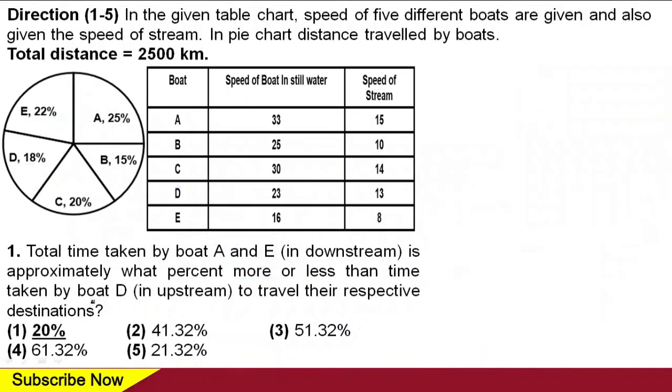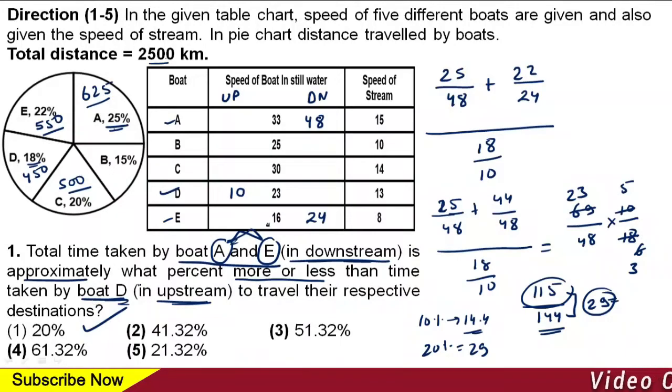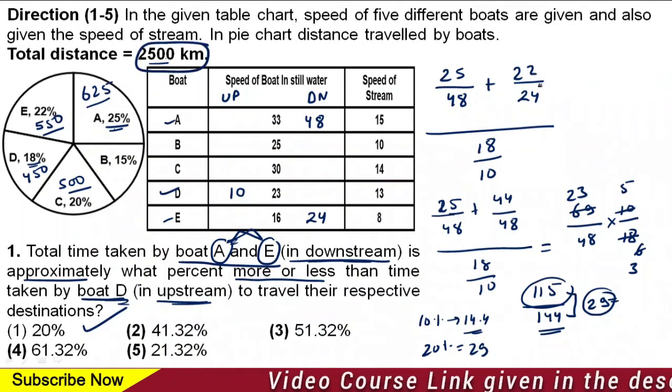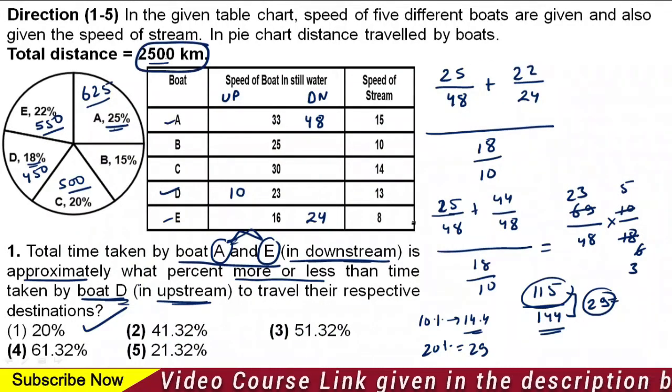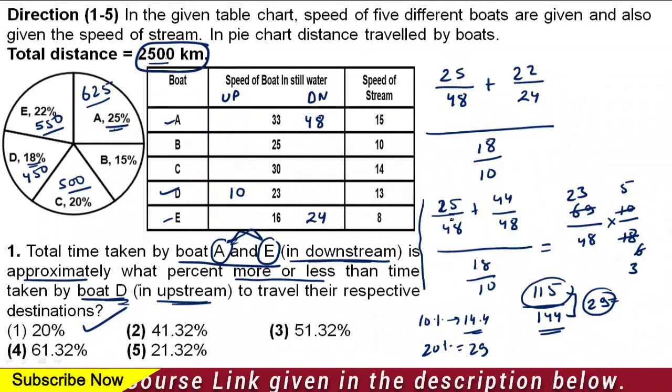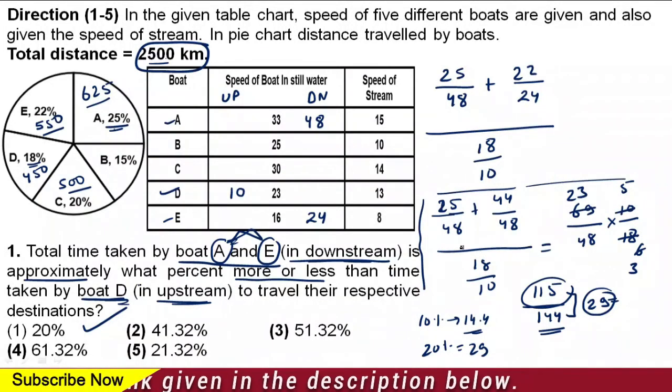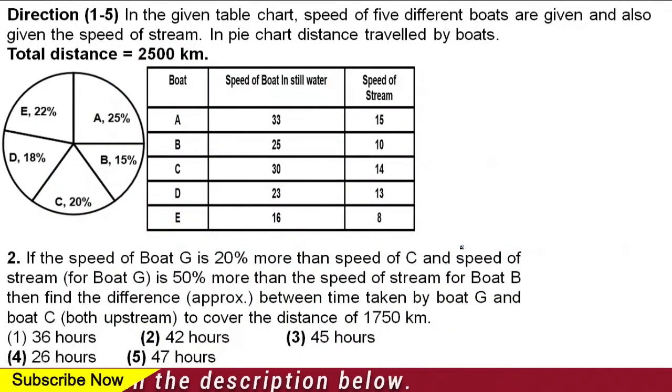I have purposefully not done it the traditional way because I want you to get the hang of it. Why? Because please try and understand every comparison is with respect to this base value only, na? So why should we write the base value everywhere and do the calculation? As far as the comparison happens, we can keep the numbers clean and easy, right? Let's move on to the next question.